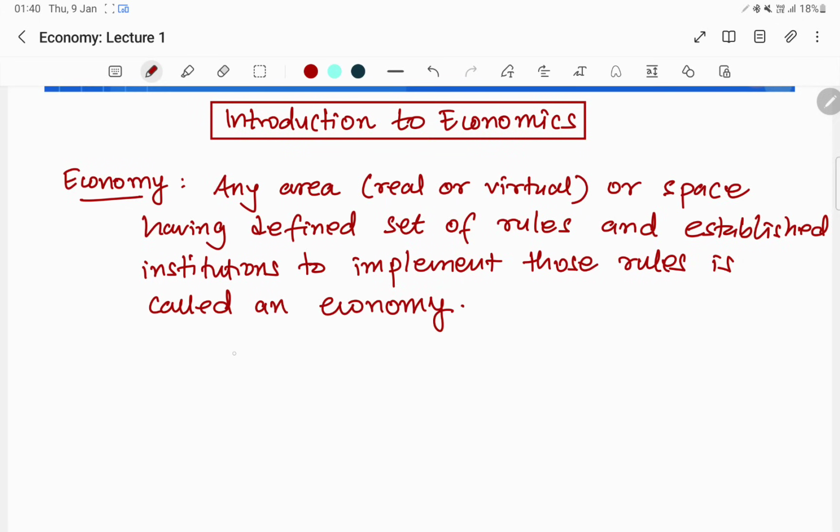For example, we talk about the Chinese economy, we talk about the Indian economy. Examples: